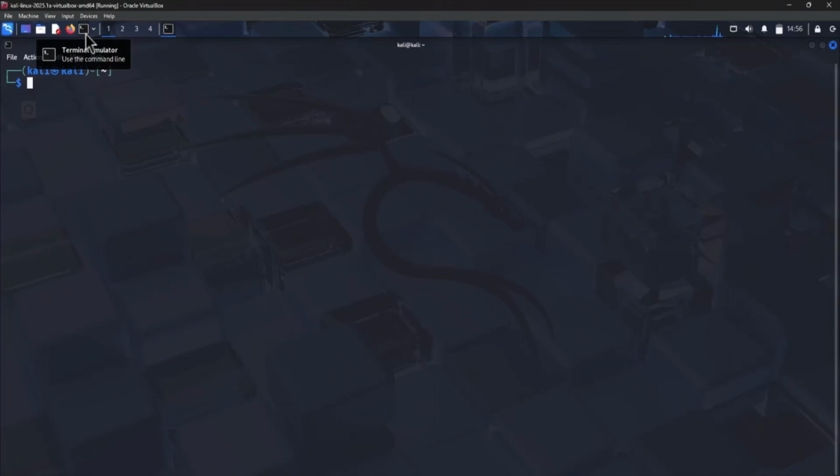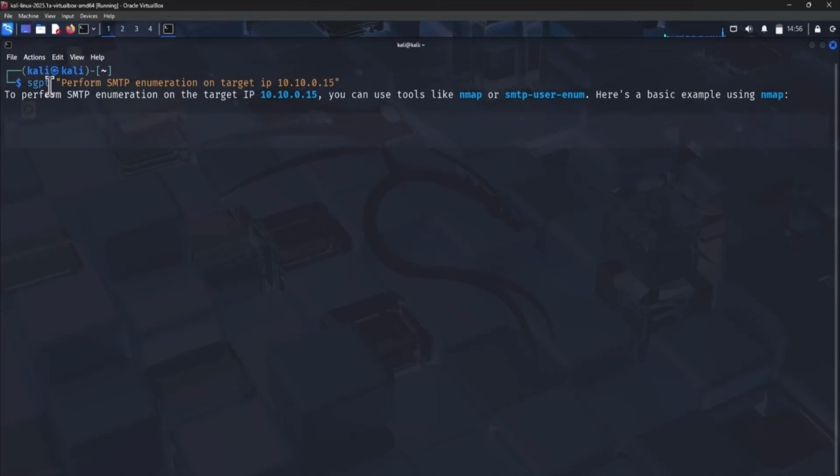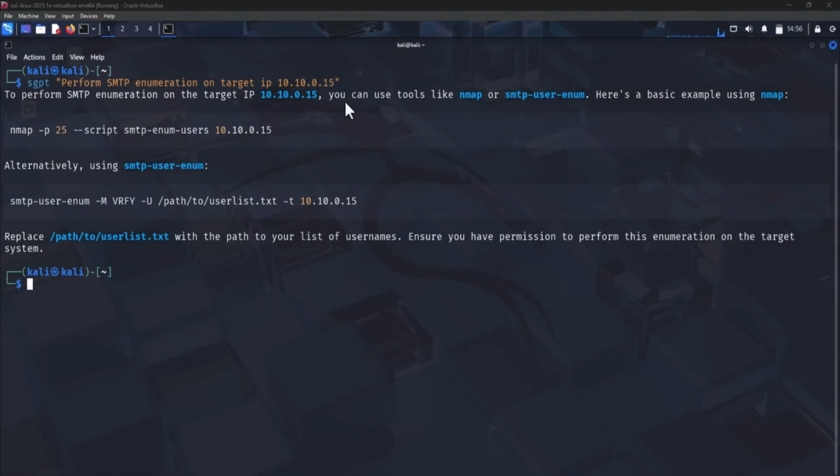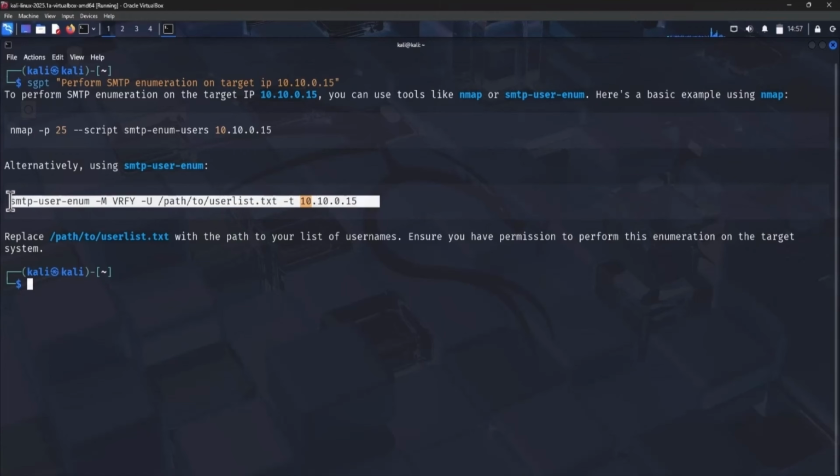Now in the terminal, type the following command: sgpt, then inside double quotes type, perform SMTP enumeration on target IP 10.10.0.15, and then press enter. Shell GPT will now generate several suggestions. You'll see command options including nmap commands and other alternatives, such as smtp-user-enum -M VRFY -U /path/to/userlist.txt -t